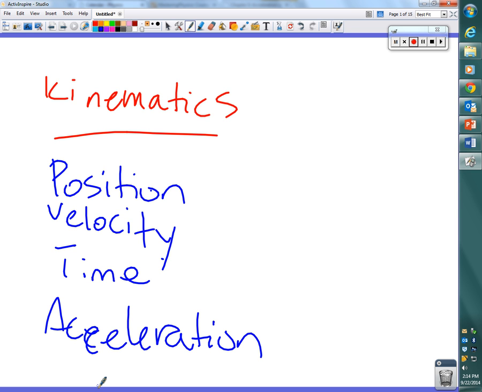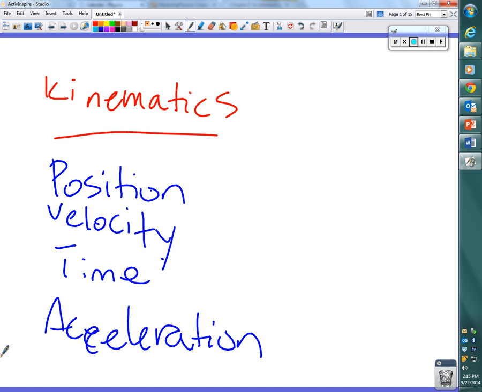And section 3.2, the packet that we just started on Friday and will continue today, starts bringing all of these concepts together because velocity depends on position, or at least the change in the position. And velocity also depends on time. But then acceleration depends on velocity, or at least the change in velocity. So if you change one of these ideas, the other things start changing as well. But what we find out is that there are equations that represent the patterns of how one changes in relation